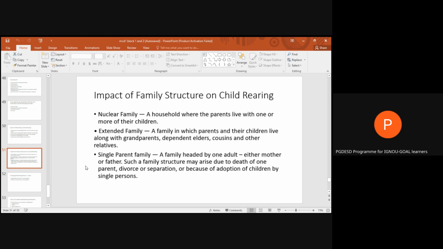Impact of family structure on child rearing. Nuclear family: a household where the parents live with one or more of their children. In that situation, parents are